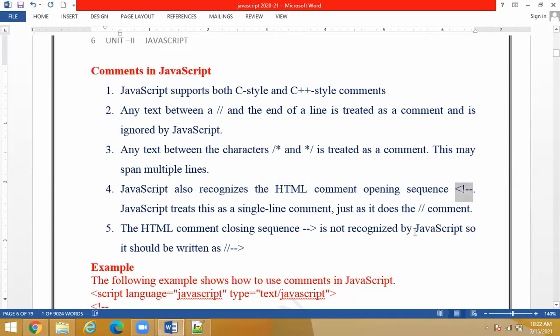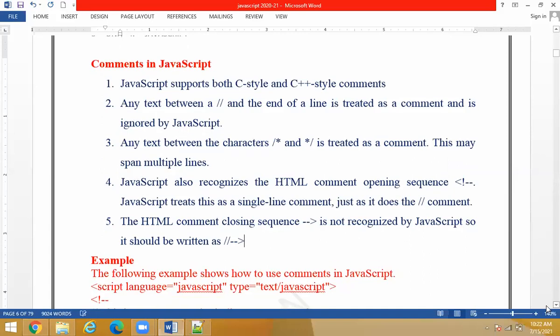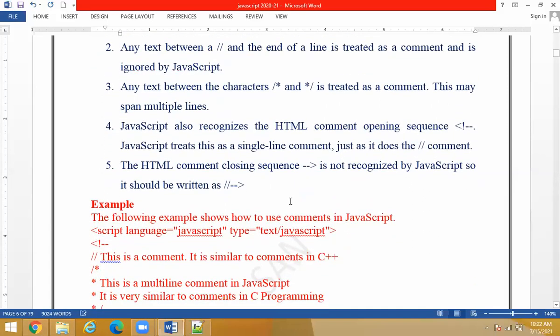We know, right? So what is the style of our HTML comment, students? The style of our HTML comment is somewhat like this. We take an angle bracket, we give an exclamation, and we give 2 hyphens, followed by the text. We give 2 hyphens, and then this is the ending. So this is our HTML comment, students, right?